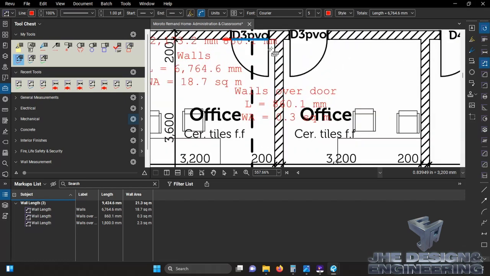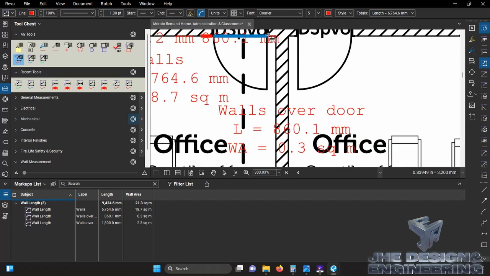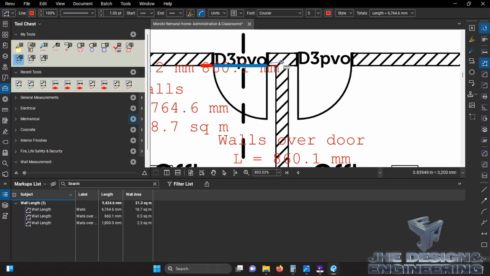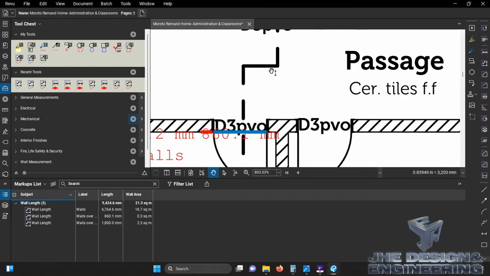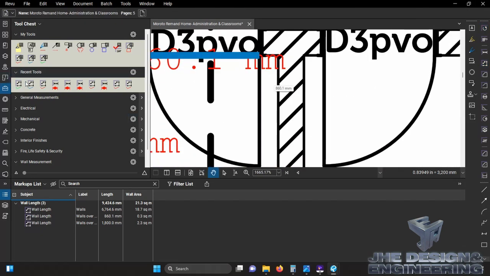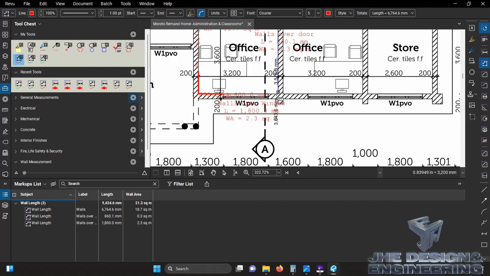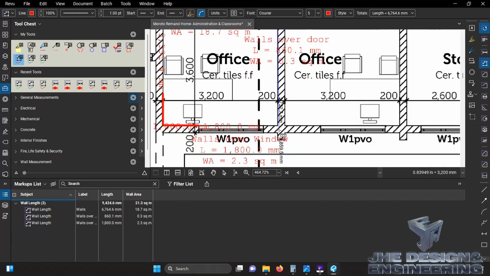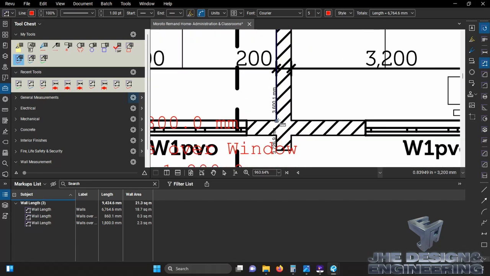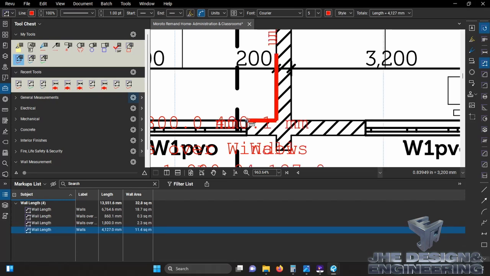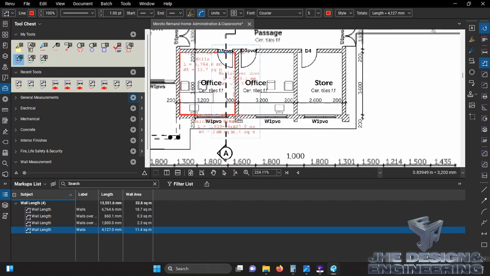Zoom in from here, exit that, zoom in, load our tool, then this point to this point, zoom out, zoom in to this point, to this point. Press enter. So now you have the overall length for this,